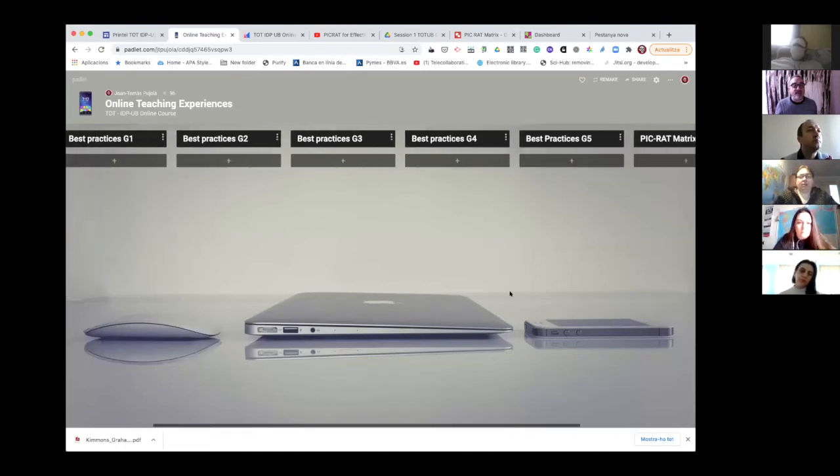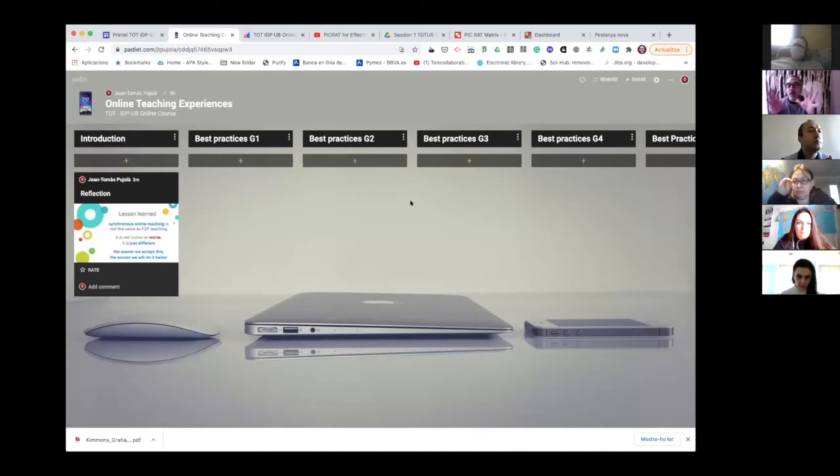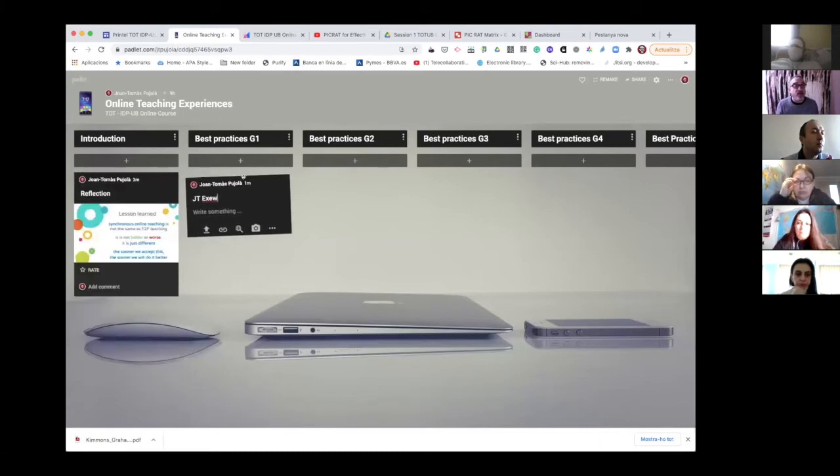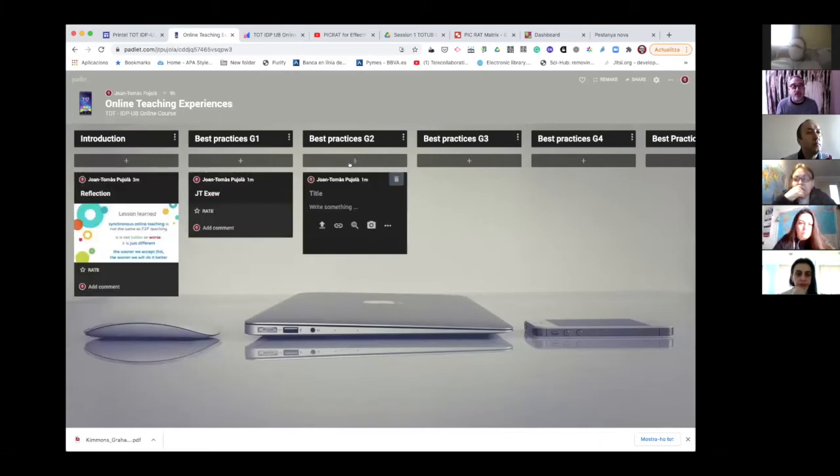This is the Padlet, and we are going to work all day with this. You have my slide of the thing that I was saying, and you can add stuff, okay? Just with a thing, and then it says my experience or Tamara experience, and you say JT experience, okay? And of course, if I'm in group 1, I'll do it in group 1. If I'm in group 2, I'll do it in group 2, okay?